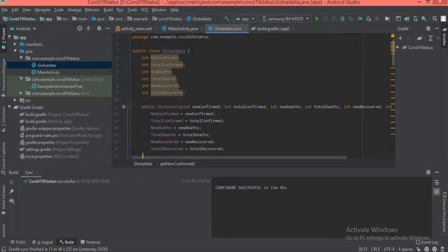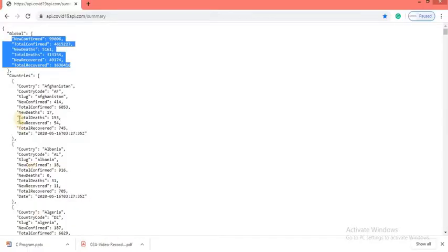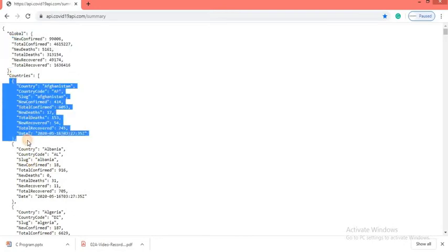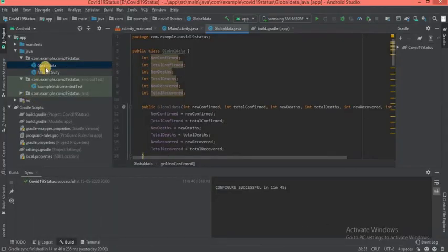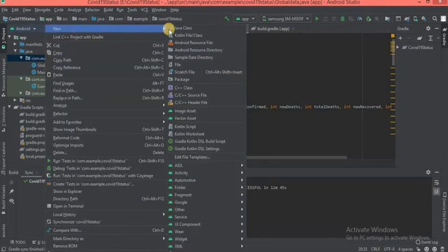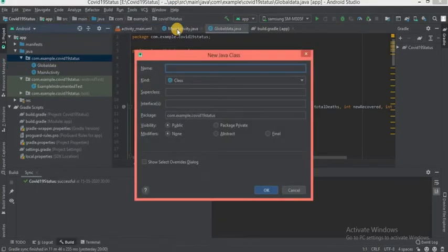Next we need to create a model class for storing country values. For that, create another class, CountryData.